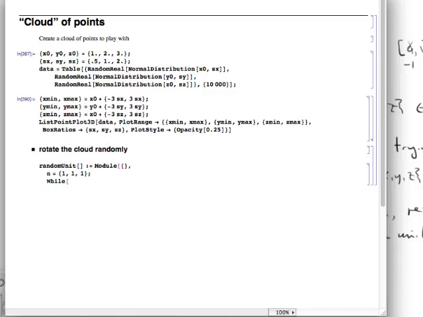So I use a While loop to say while the norm of n is bigger than 1, keep trying. And the keep trying part is n being set to RandomReal from -1 to 1, a list of 3 of those, like that,